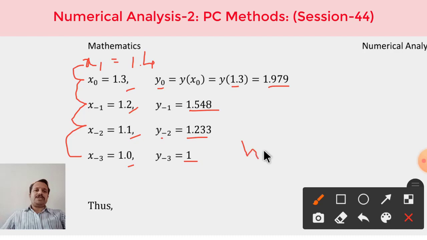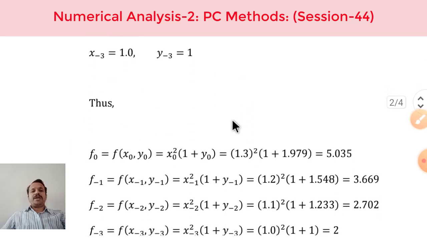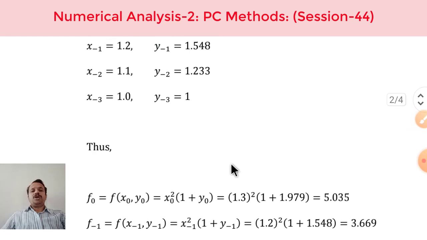We come to know h. What is the value of h here? Very simple. The difference between two consecutive values, 1.1 minus 1 or 1.2 minus 1.1, whatever you take, the answer turns out to be 0.1. So the value of h is 0.1. I hope all of you agree with that. So with that value of h and with these values of y's, what can we do? We can move on to use the formula.